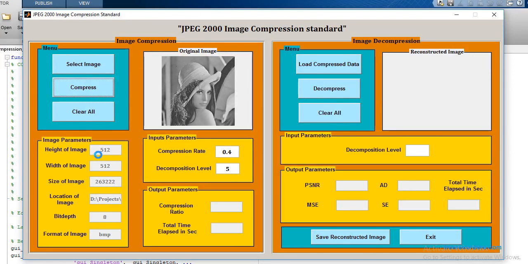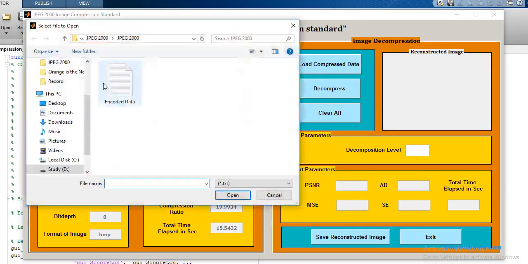These are the different input parameters. The height of the image is equal to 512. The width of the image is equal to 512. The size of the image is equal to 263222. This is the location of the image. Bit depth is equal to 8 and the format of the image is BMP. So we are getting compression ratio equal to 19.99 and the total time required for compression is equal to 15.54 seconds.